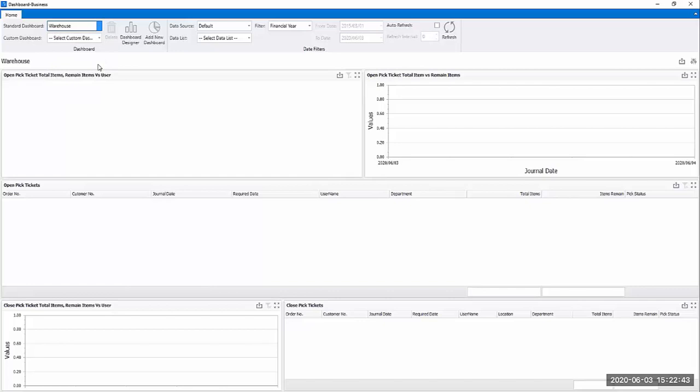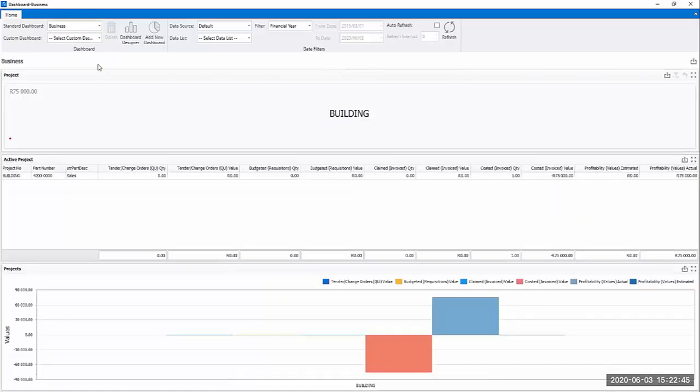So let's go into business. So business, I believe it's for projects. So if you do have projects set up, this is mostly your constructions or things that take a long period of time. So you would have your dashboard here and it'll give you a detailed overview of how things are happening in terms of